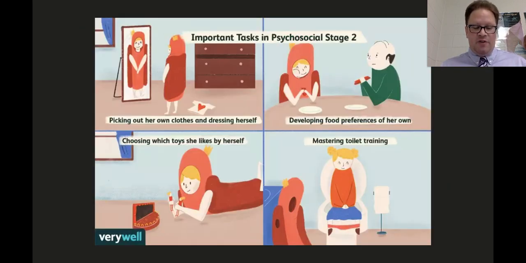From about 18 months to 3 years of age, the principal challenge is autonomy versus self-doubt, where you need to gain greater independence or autonomy with new skills in walking, talking, and expanded interaction with objects and people. An adequate resolution of this challenge results in the perception of self as an agent capable of controlling one's own body and making things happen. An inadequate resolution of this challenge results in feelings of inadequacy about self-control or control of events. So if there's too much restriction or criticism at this stage, it can lead many to have self-doubt.